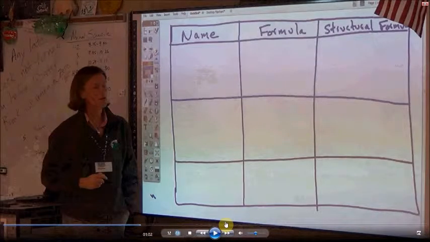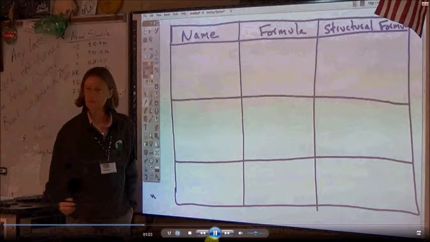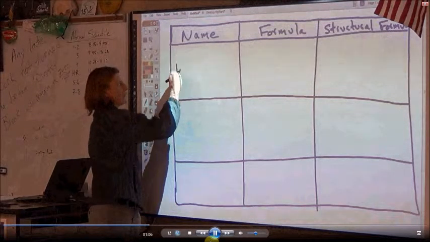Okay, now if you missed this day of notes, I would like you to copy this little chart down. Just a little bit of practice with the hydrocarbons. Given any one of these 3 things, you should be able to come up with the other 2. So if I gave you the name of the hydrocarbon, you should tell me what the formula is, and then you should be able to draw it. You should be able to give me that structural formula. So we'll do one example of each. We'll start with